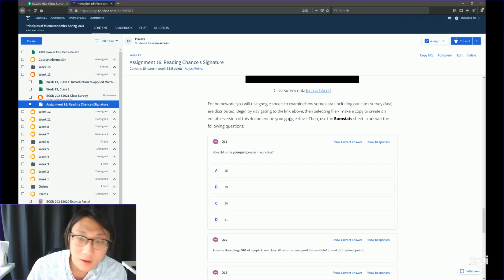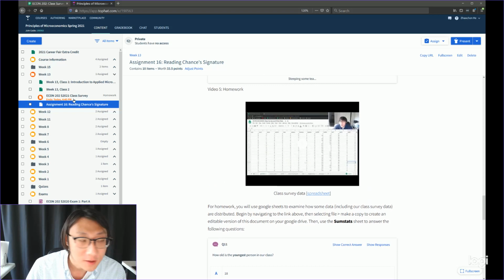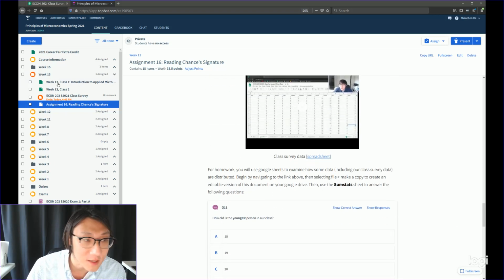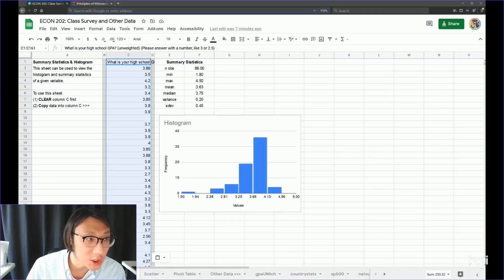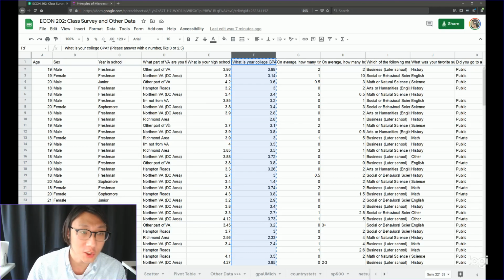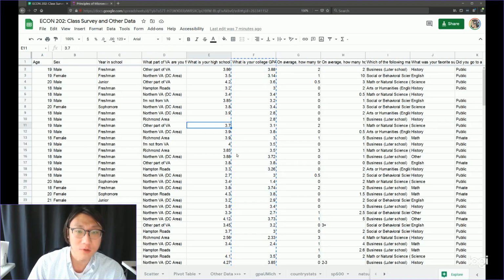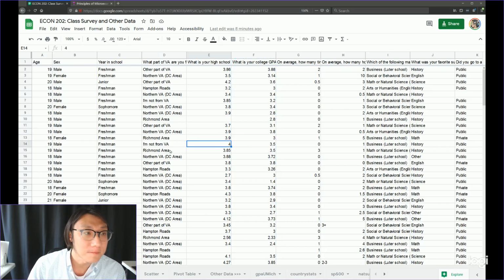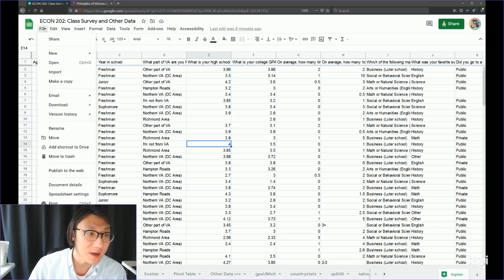I have here our assignment open. This is the assignment that's due next class. You want to click this link here to get started. It'll bring you to this sheet, which is basically the sheet we're going to be working with for the next couple of classes. The first thing you want to do is go to File, Make a Copy. You can't edit the version that I have, but once you make a copy, you'll be able to